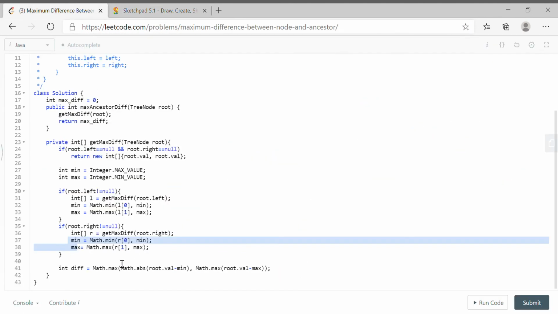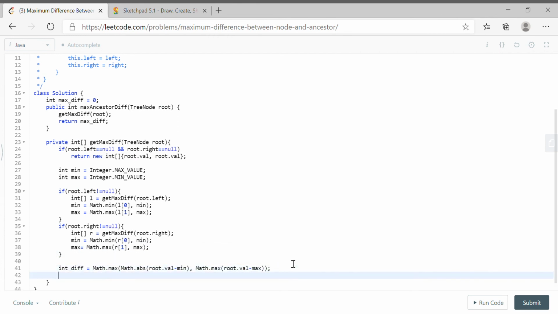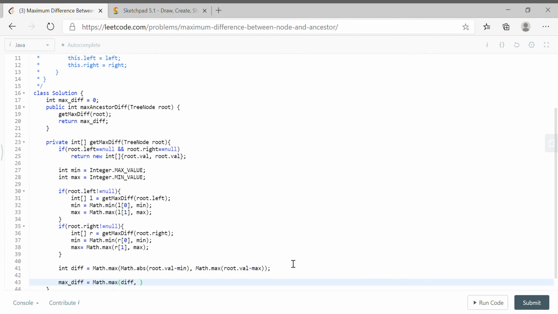That is what I'm using, right? So the global max diff is updated if it is less than diff, otherwise it is left as it is.